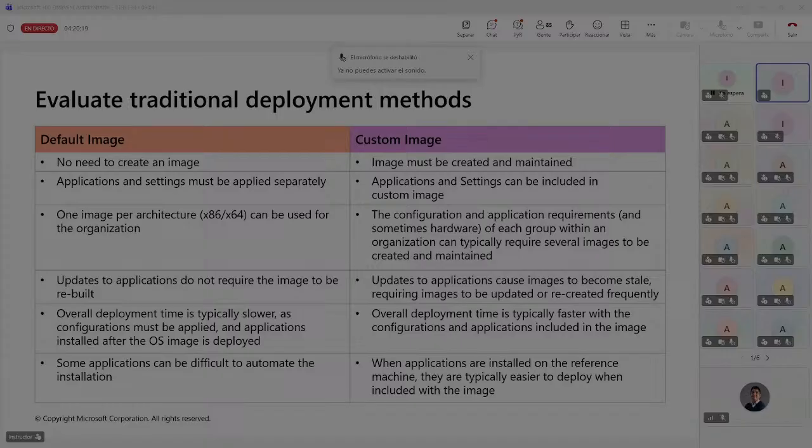Now we also have what are known as thin and thick images to be aware of. So when you're choosing how to image, thin and thick images refer to what the image contains beyond the OS. Okay? Thin images might be just the default image or custom image with just the OS and a few drivers to make sure it installs correctly. A thick image will have all of the apps in it. Okay? So thick images may seem like a great idea, but that means there's a lot more stuff you have to update and maintain. So thin images are the ones recommended,